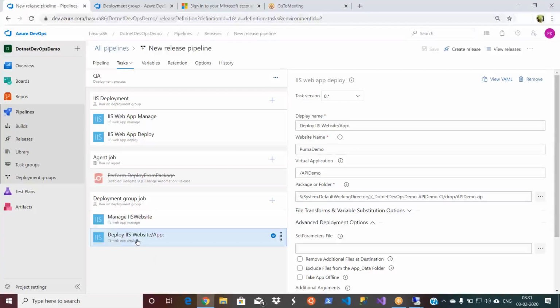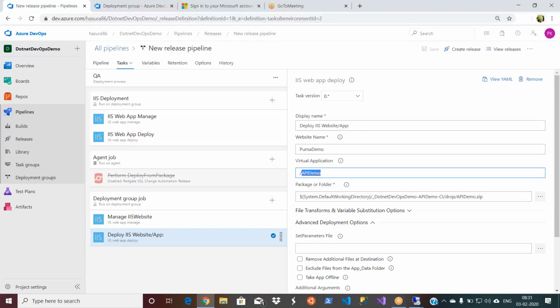Now the next step is you need to deploy your code. Now the website is available or updated. Now you are going to deploy your code to the application under that website. So here, your website name is Purna Demo. I gave the same thing. Earlier you saw the virtual application I used to create from the IIS, and then I was using that name in my configuration task here.